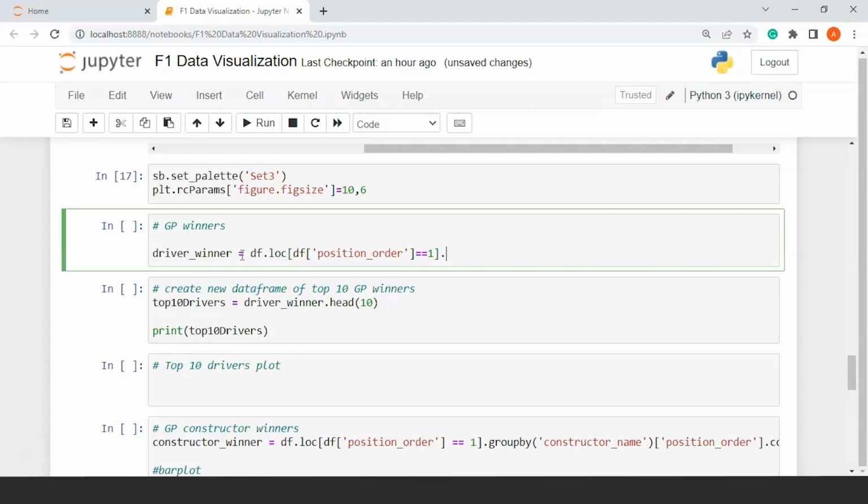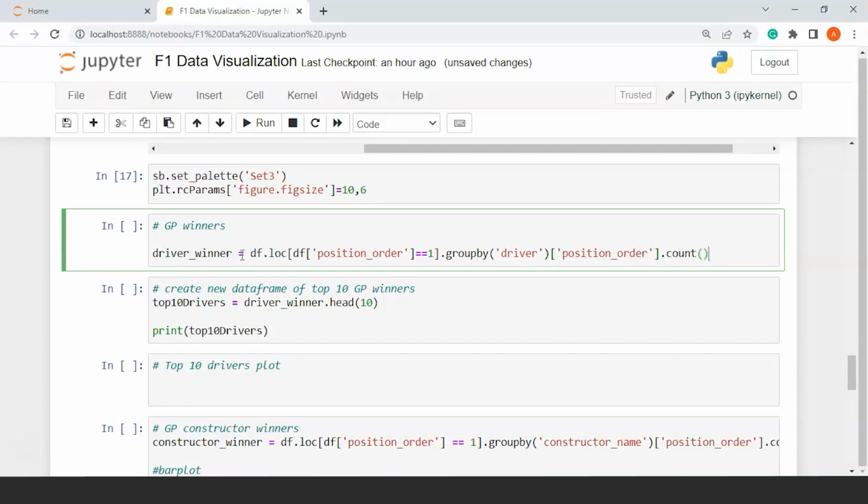And then I'm going to use the group by function. I'm going to group it by driver, and for values I'll say position underscore order,